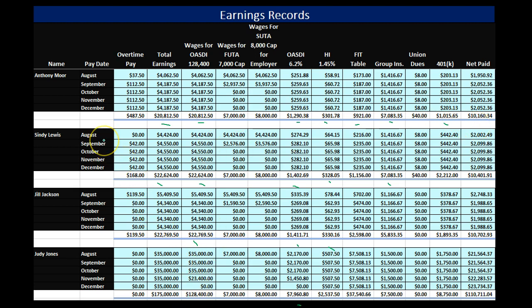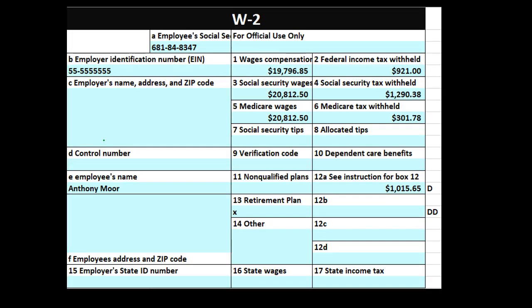We're going to then go through each of the W-2s pretty quickly. So here's just a copy of the W-2. That's kind of like a simulation form. And we would take that information and fill out box 1, wages and compensation, which would differ in this case from box 3, from the retirement plan that was here. So the difference between the $20,812.50 and the